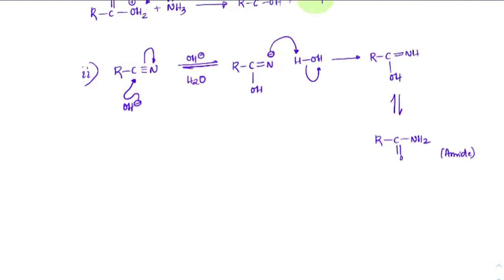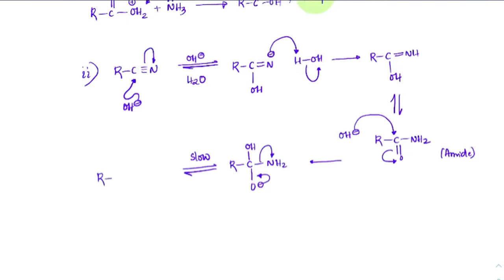Once you have amide, again OH minus as a nucleophile attacks this carbon. SN3D will happen here. So we'll get this as RCOH minus NH2. Okay. Now this is a very important step. In fact, this is a slow step in this overall reaction. Because NH2 minus is not a good leaving group here, but because you have basic medium, O minus will force to remove NH2 only.